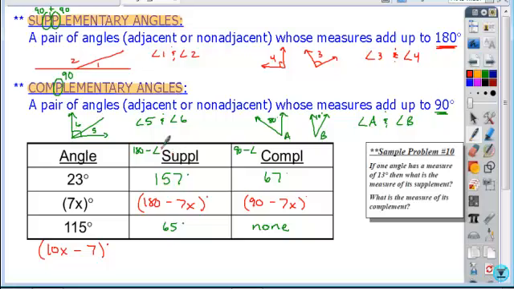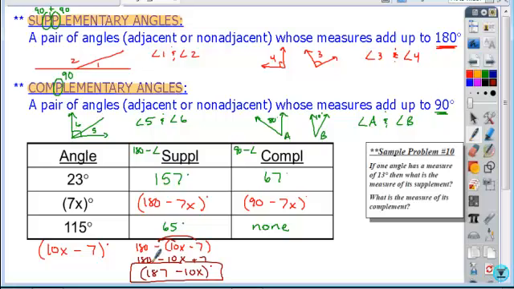We take 180, we subtract our given angle, even if our angle has two terms in the expression, and then you just simplify that result. So if we simplify, we distribute our negative sign through, we get 180 minus 10x, minus a minus becomes plus 7. And so the totally simplified form, when we combine our like terms,